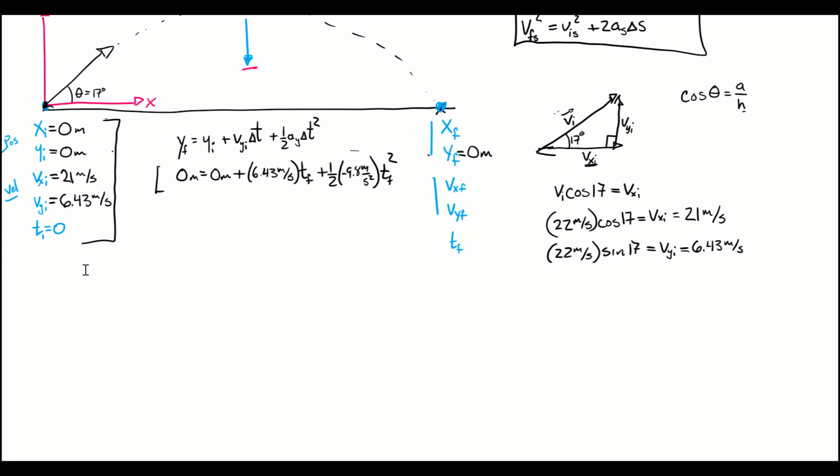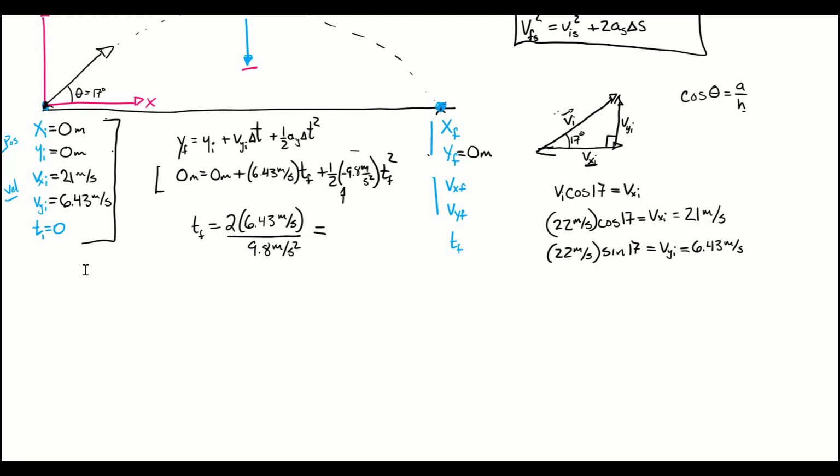If we bring it to the one side over, I'm going to get t final is equal to 6.43 meters per second times 2 divided by 9.8 meters per second squared. What I've done here is essentially, because of this negative sign, I can bring that over to the other side of the equation and then multiply both sides by 2, divide by 9.8, and then divide both sides by t final. You get a lot of canceling. Hopefully you can follow that, but